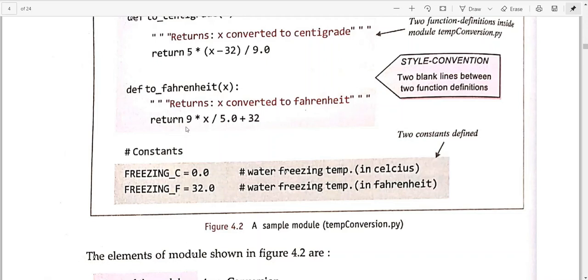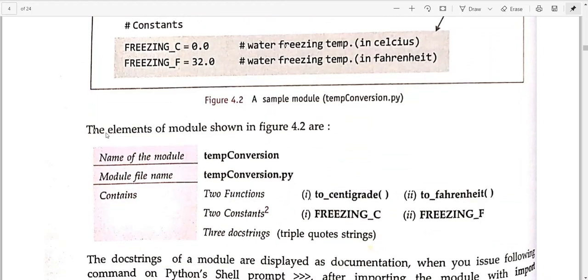Two constants are used here, freezing C and freezing F. So this is a module. In this module you have seen what information it is passing on. The name of the module is this, the module file name is this, the file name will be .py obviously.